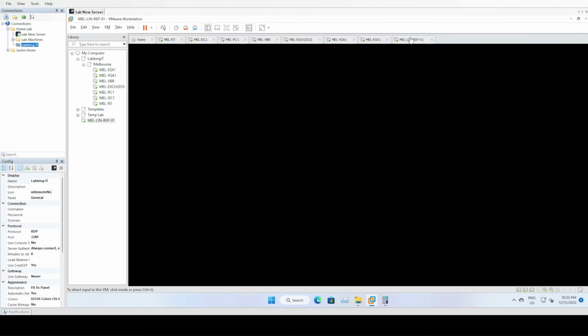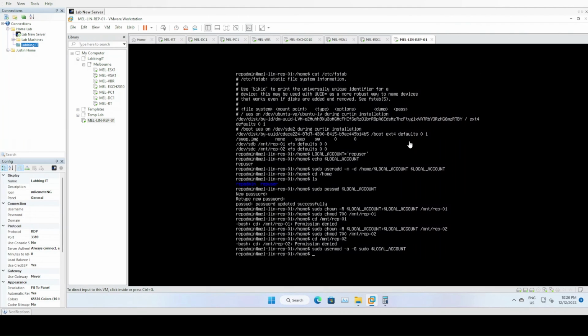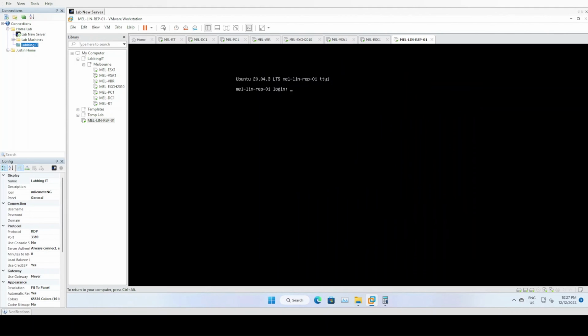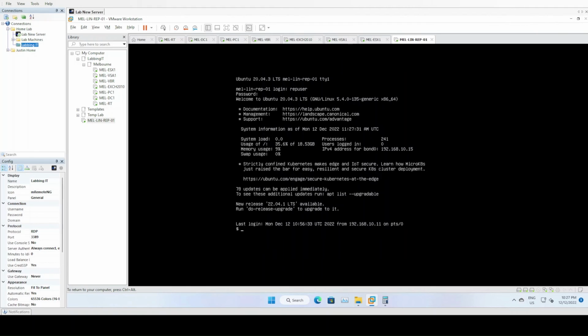It also means if we were to log into our repository server, and now, well, we can't really do much with repadmin anyways because they can't see the repositories. So let's have a look. That's just going to get permission denied. So I think if we do exit, and if we log in with rep user, this user is still a sudo account. So if we go cd mount rep repo1,